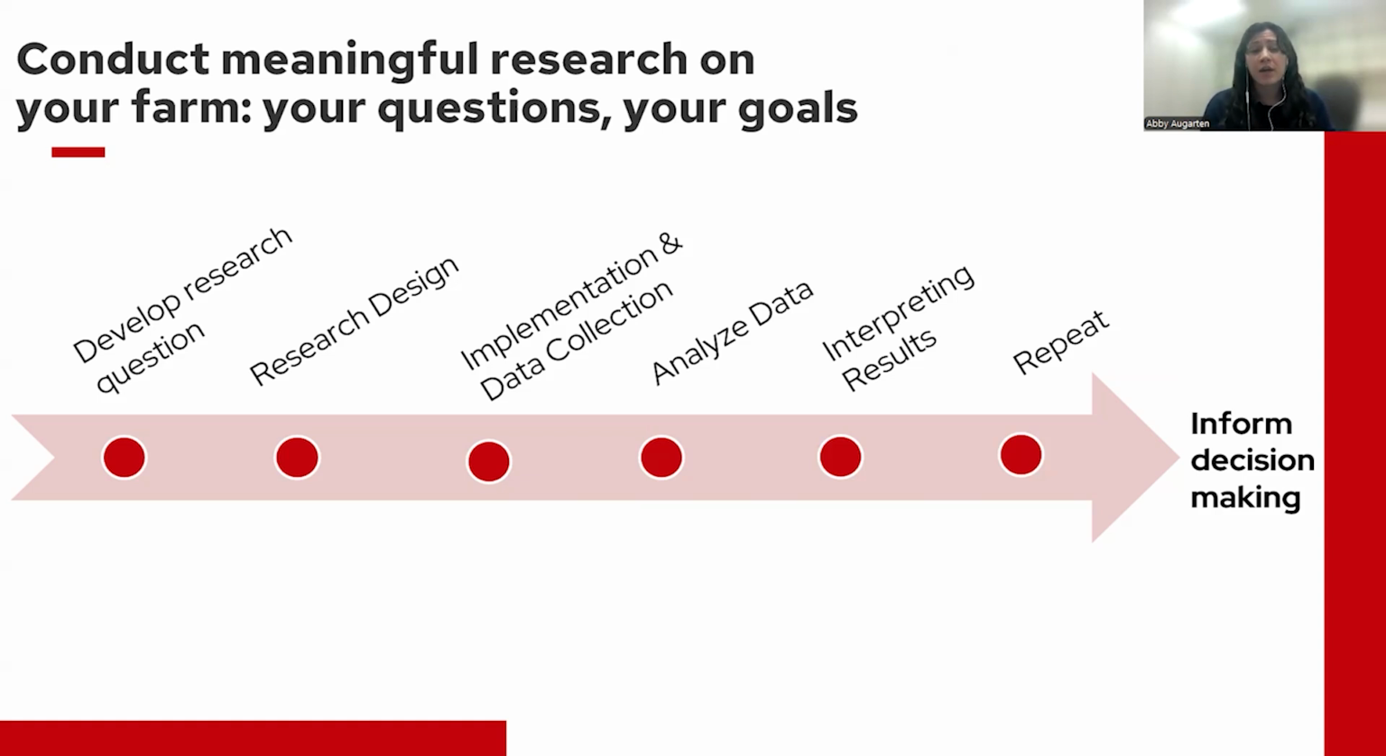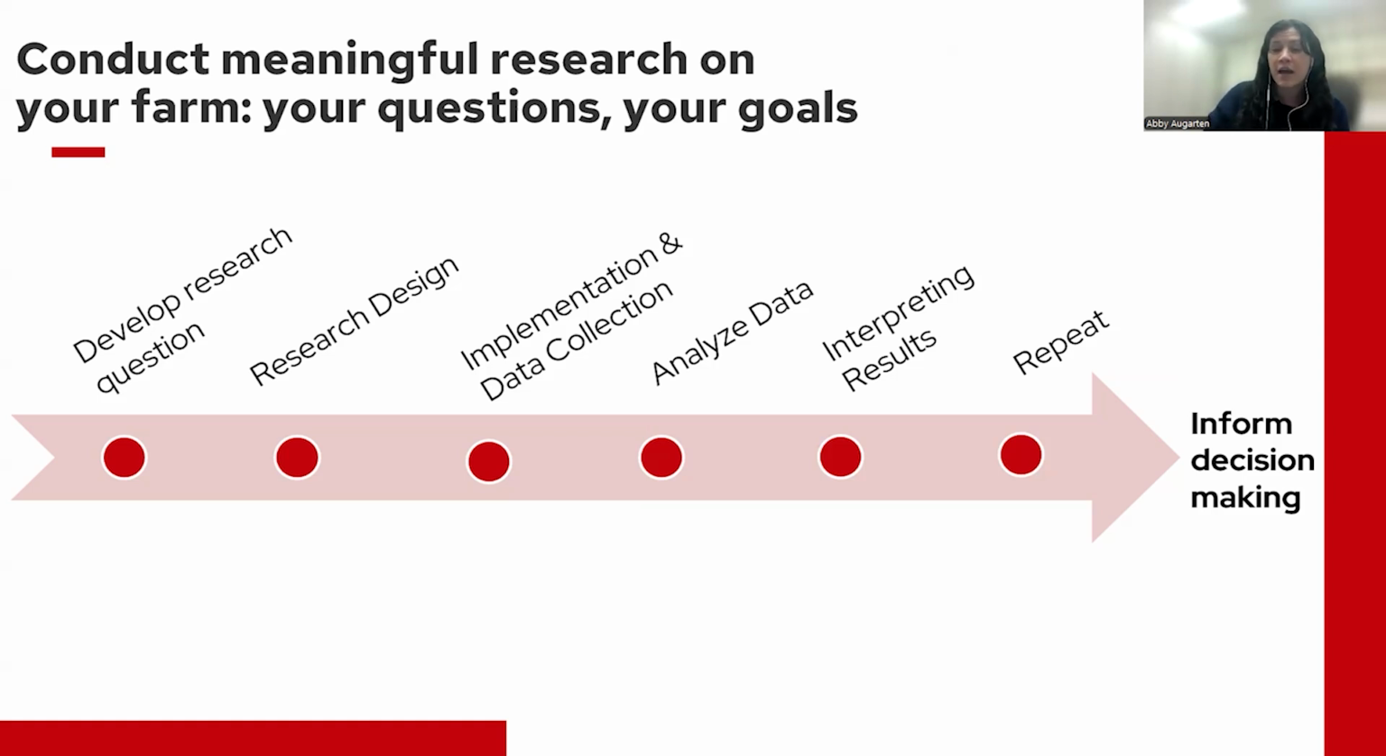That leads us to developing a research design, implementation and data collection, analyzing data, interpreting results, and then ideally repeating the trial. We know that no two growing seasons are the same, so it's really valuable to repeat trials across a diversity of growing conditions. So today we'll walk through some of these steps with an emphasis on developing the research